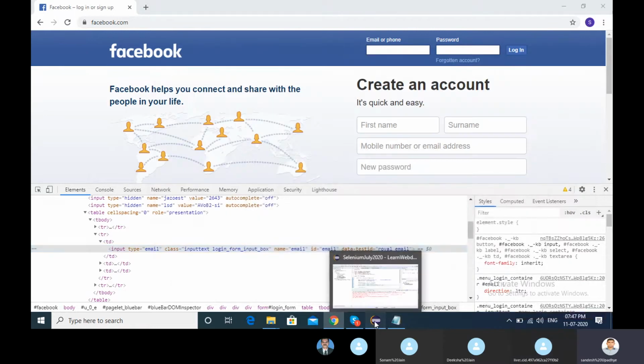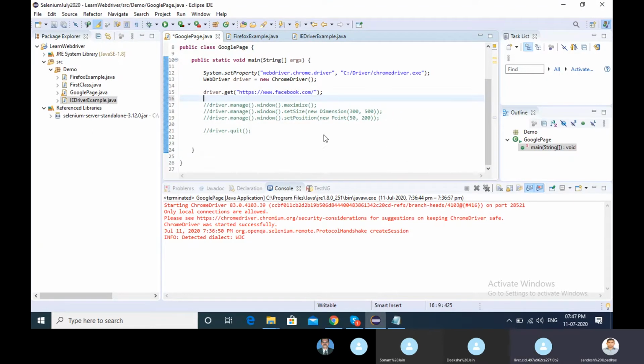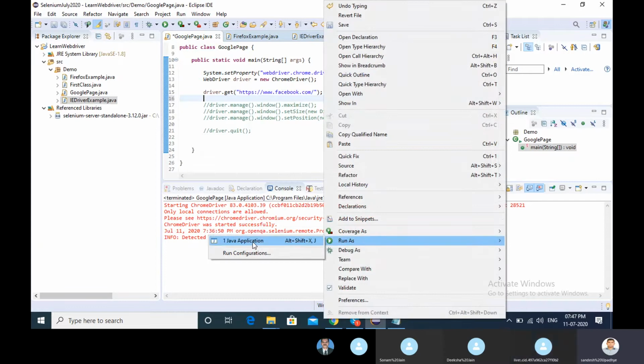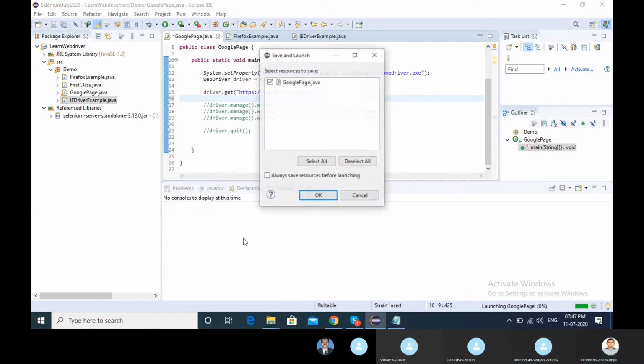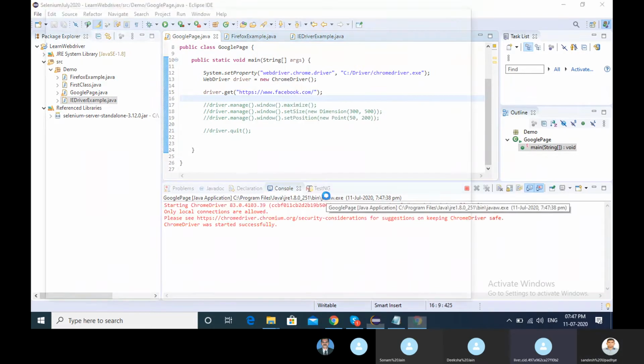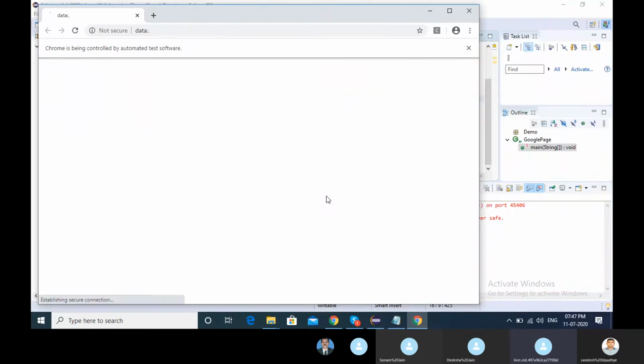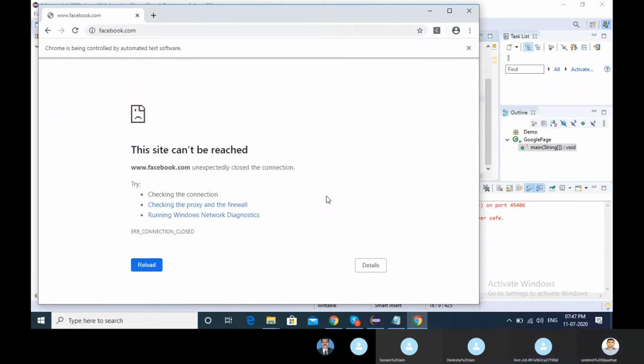So for that purpose, I need to go to my code. So the Facebook URL is opening here, correct? Let me one more time check whether Facebook is open or not. The site is not reached.